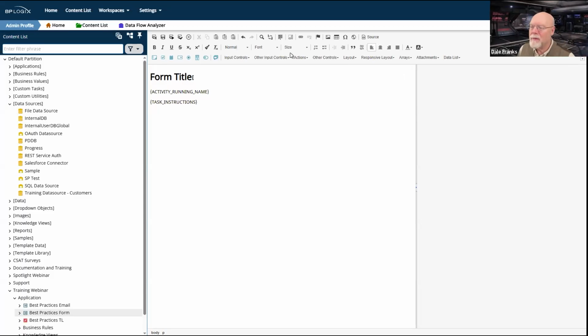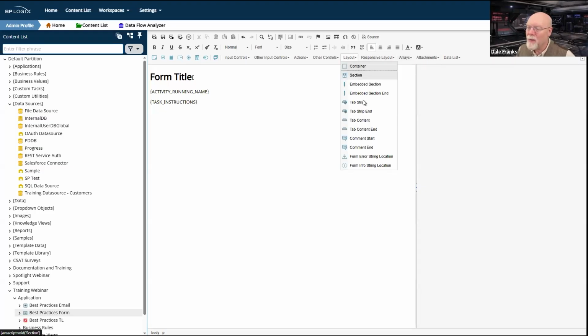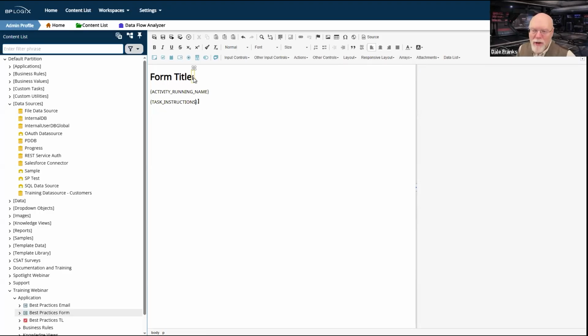And then in this particular case, since I've already put one embedded section control up there at the top, I am going to need to go to layout, if I can find where layout is, and throw an embedded section in on there. Generally, I don't want to show this on new form instances. This is one of the reasons why I would use the embedded section control.